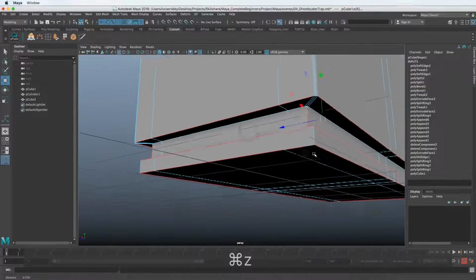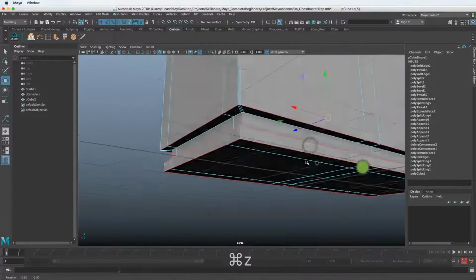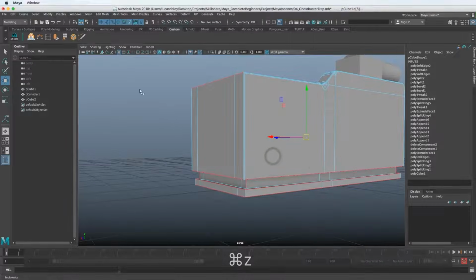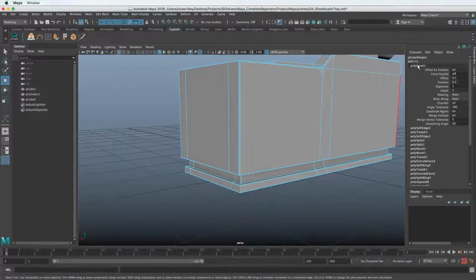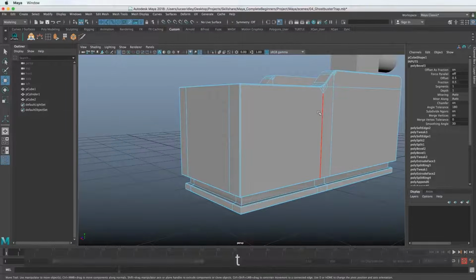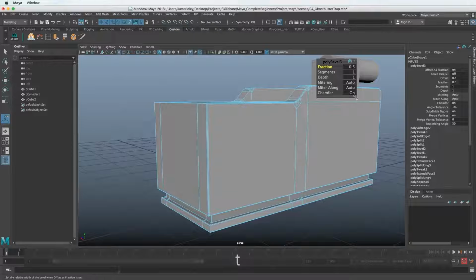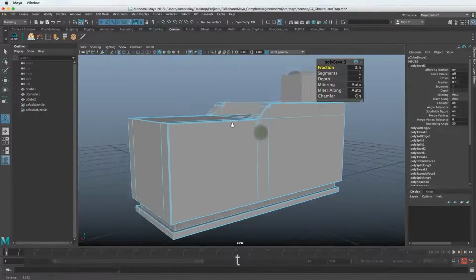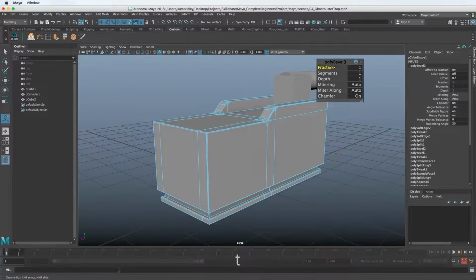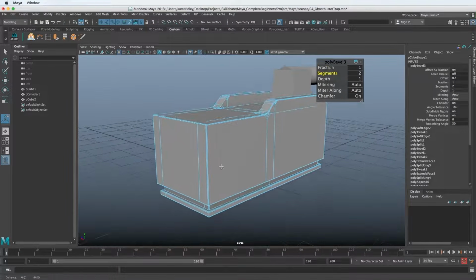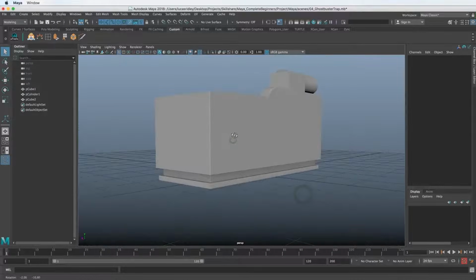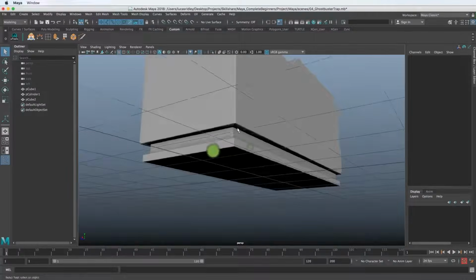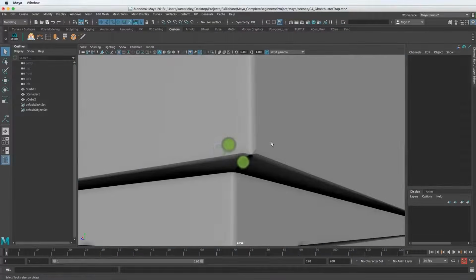And it looks like I missed one edge here as well. So let's go back to bevel. And then let's go to the poly bevel input here that we created. We can hit T to bring up the options here if we'd like and resize this to make it more clear. Let's go to a higher fraction here and add at least one segment. Let's go to object mode so we can see that and deselect it. Looks like it did a pretty good job. The only thing we need to fix down here is this intersection.